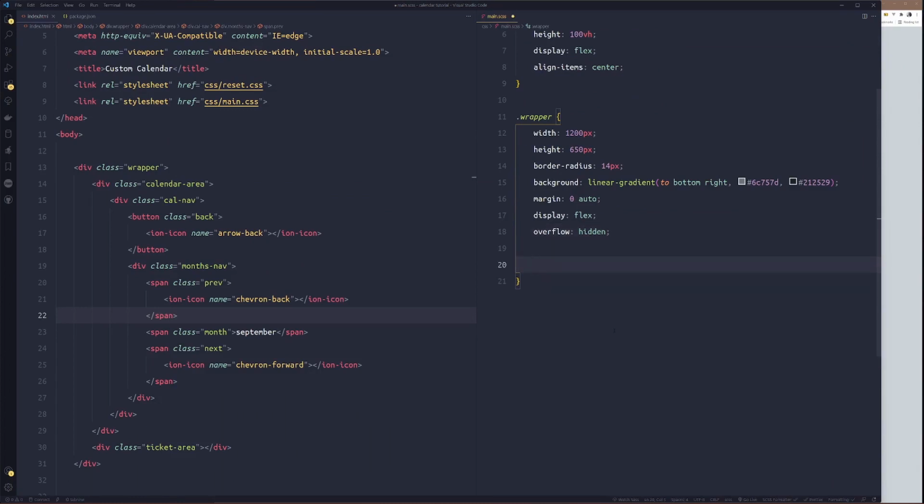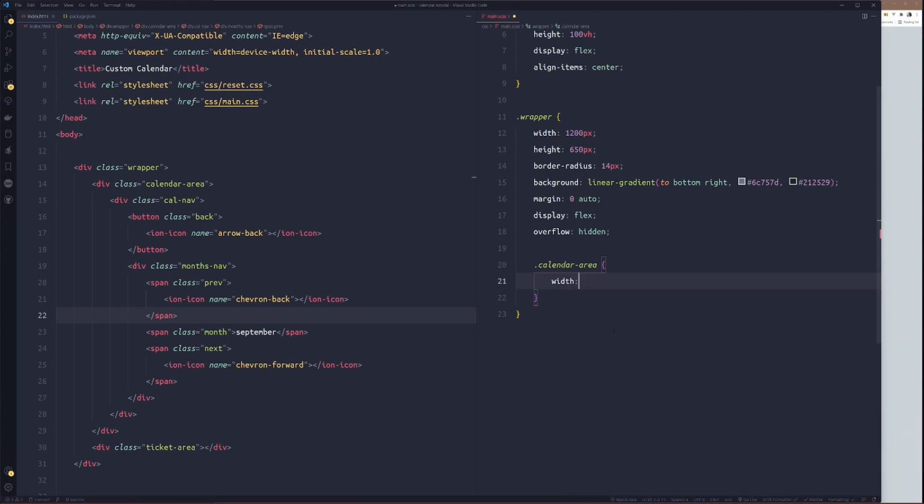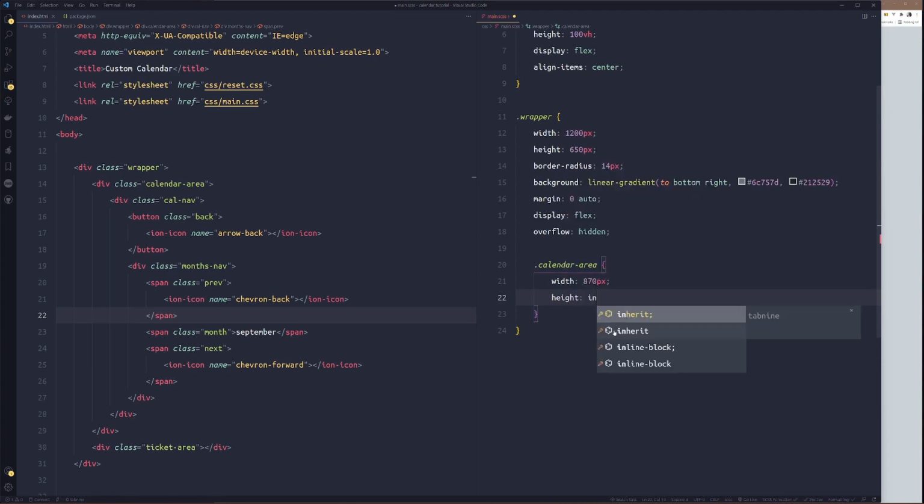So now I'll target calendar area. I'll set the width to 870 pixel. Then the height will inherit from the parent.